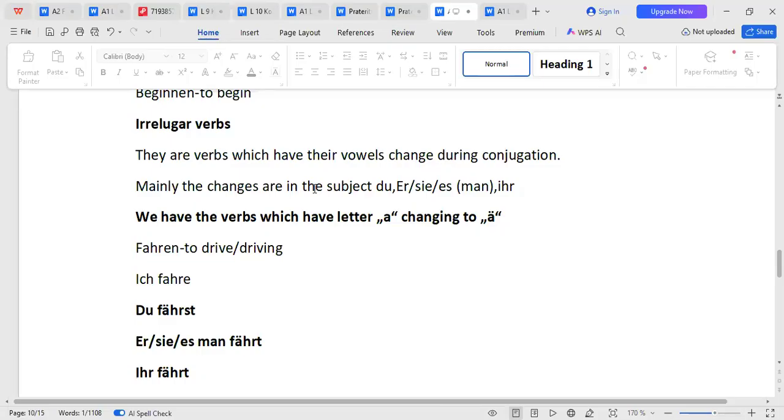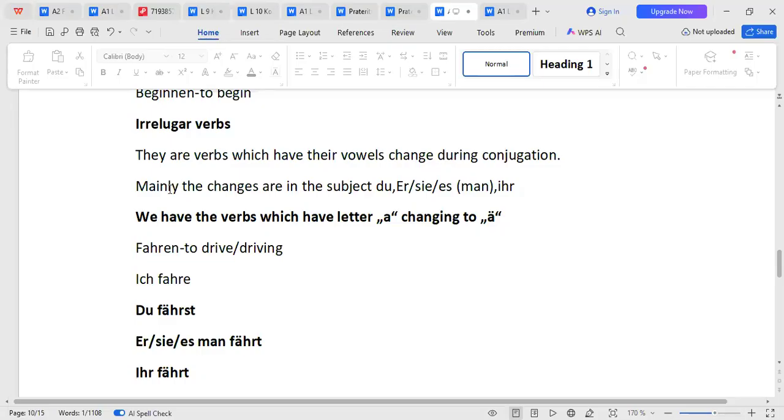That's the only thing that happens. So just briefly on irregular verbs. Somebody might ask now, how will I know that this verb is irregular? How will I know this verb is not irregular? The best answer, the way to know, is just to read. You'll read and know. And some of the verbs you'll be using regularly to the point that you just get used to them. Like fahren. Fahren is to drive. You'll get to know them.